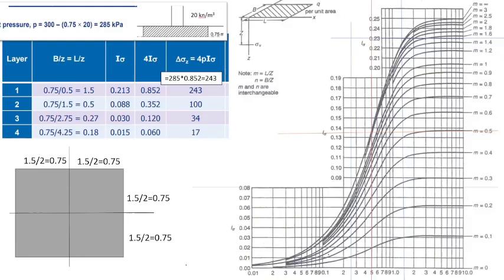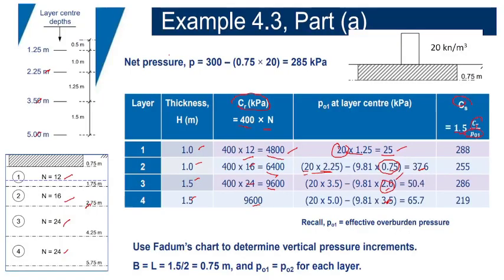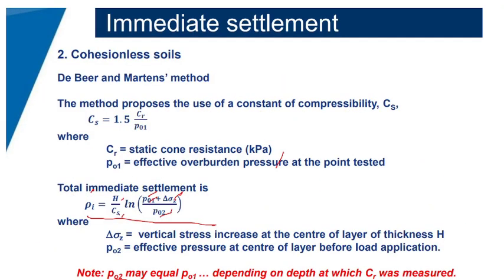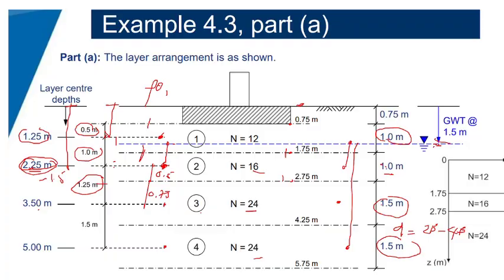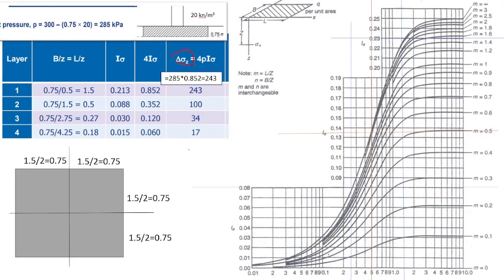Alright, the next we need to get this stress. What's the stress? This is the vertical stress increase, the increase of the stress at the center of the layer. So how are we going to calculate this one? We use the Fadum chart. Now in the Fadum chart, as we discussed before, you have here the N and the M factor for us to get this influence factor. N is equal to B over Z. Z is the depth,